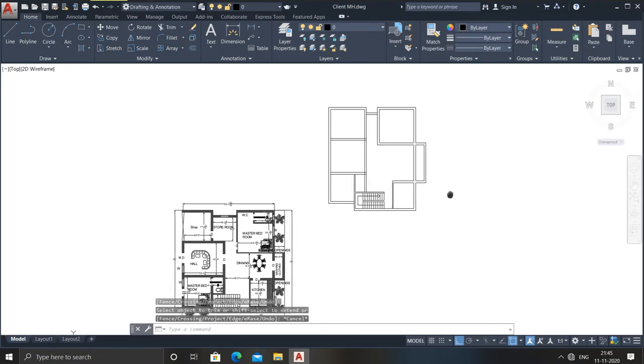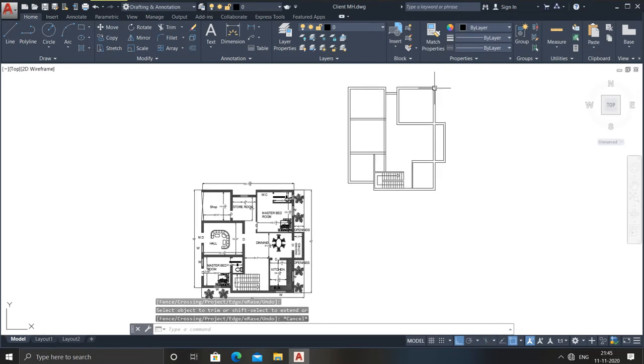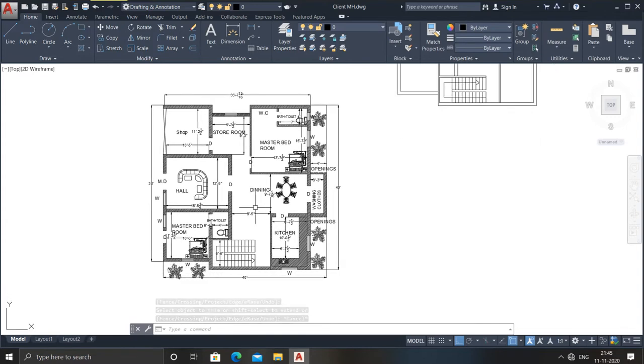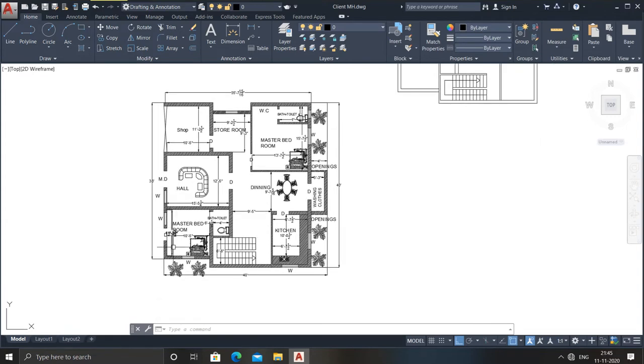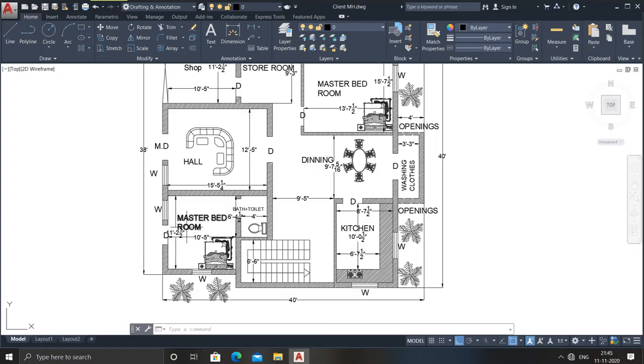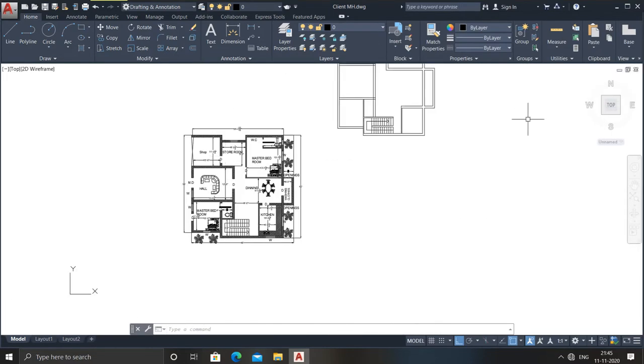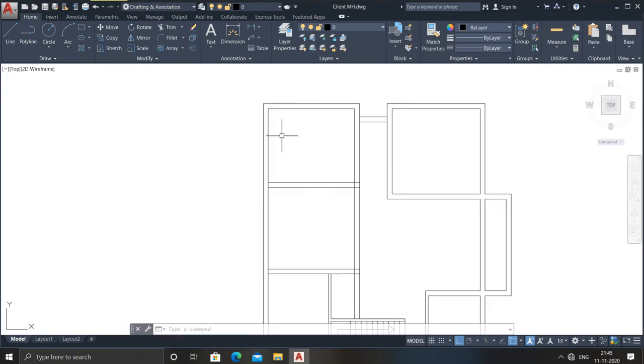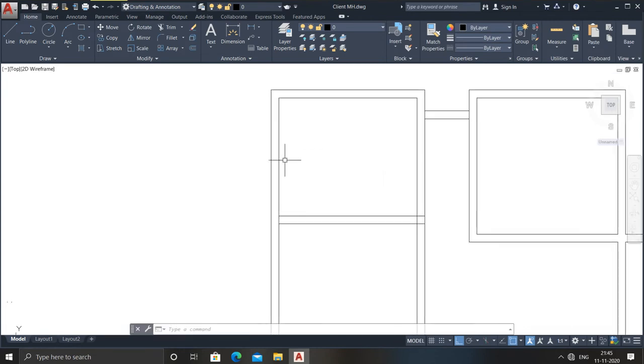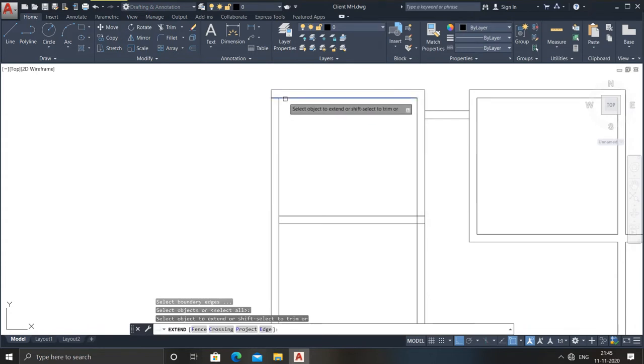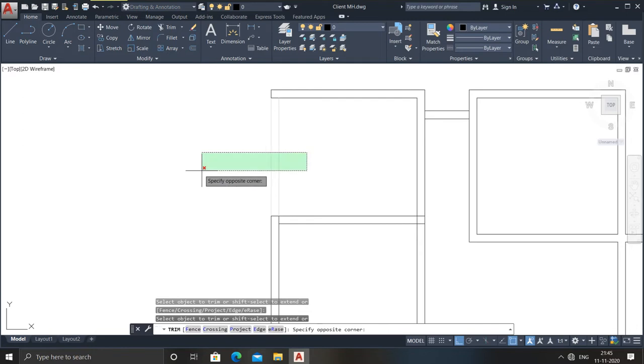After that, see, the shape has already come over here, I have drawn it, but some things remain to be added. What are the things which I have to provide? Here there is a shop, right? By seeing the shop, you may understand that here should not be a wall, here should be a shutter, a shutter type of gate. So just use the trim command, just trim it here.